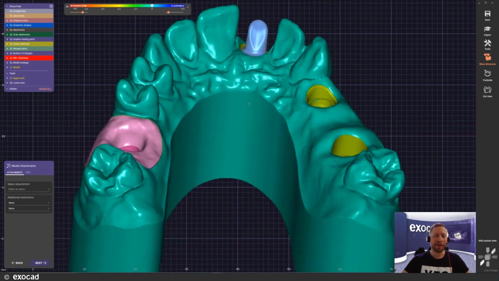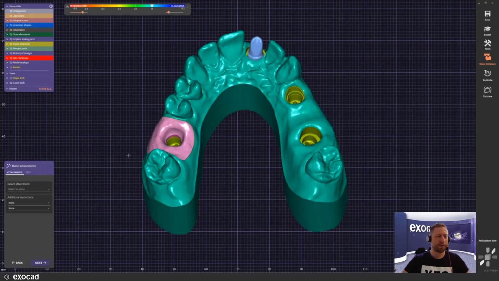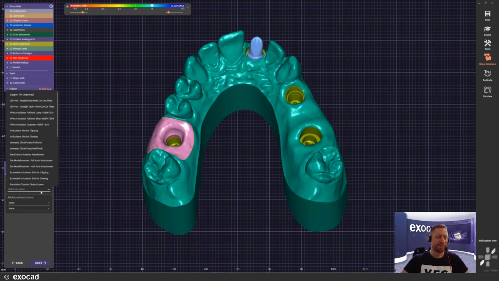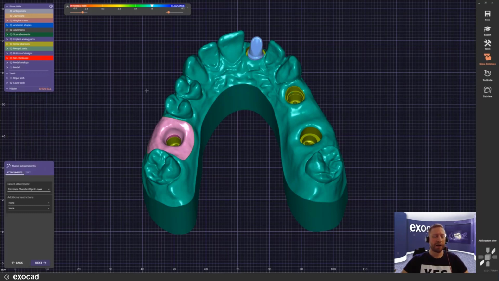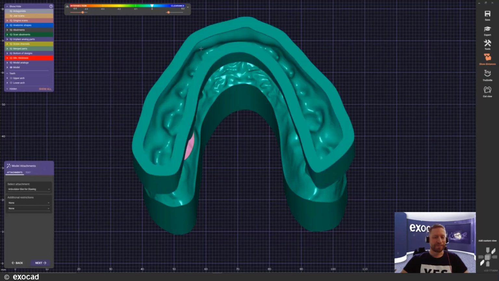We're at the same spot as we were before, again with the attachments as much as the text. I don't need to add a text here at the moment. I'm fine with that. So I'll just show you a couple more features in our attachments. Something that I really liked, for example, is also found in Formlabs. It's a chamfer. And the chamfer, in this case, I will just use for our lowercase.